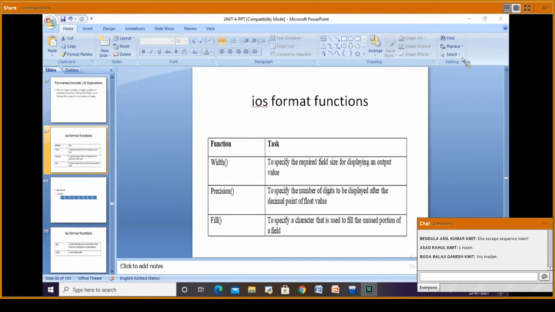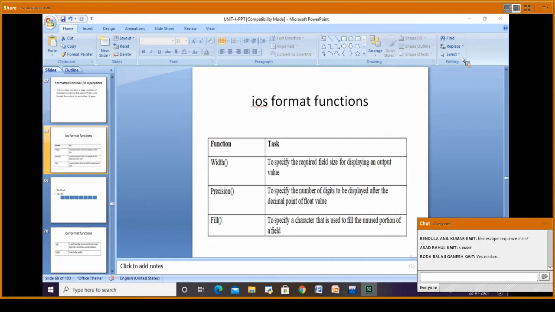By default, some compilers allow 5 digits, some allow 8 digits, and some allow 15 digits.